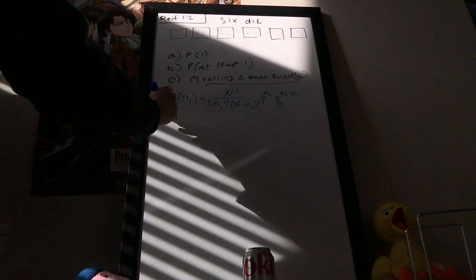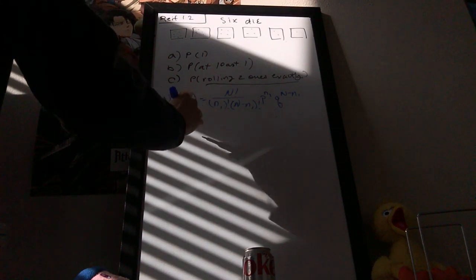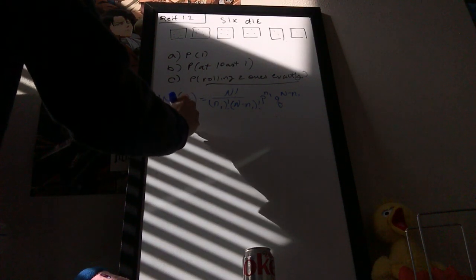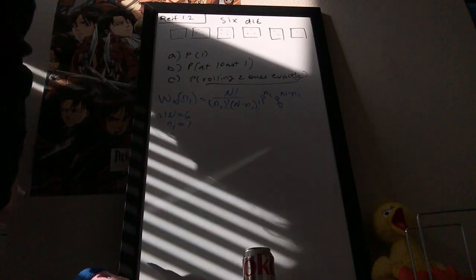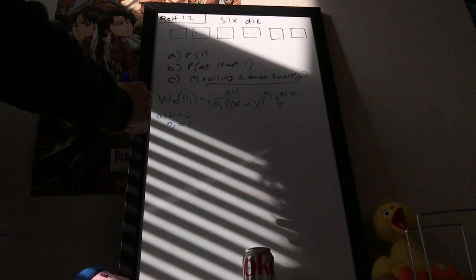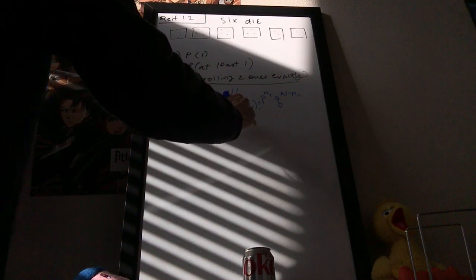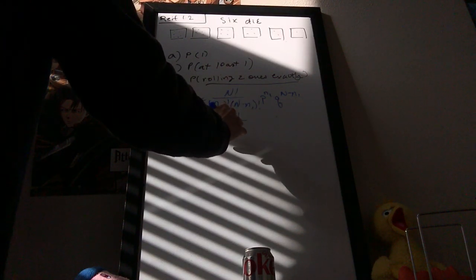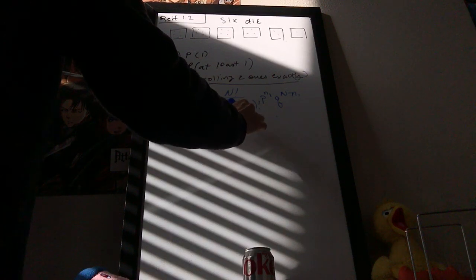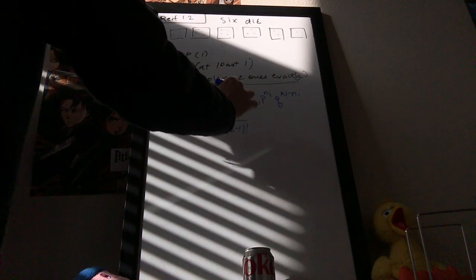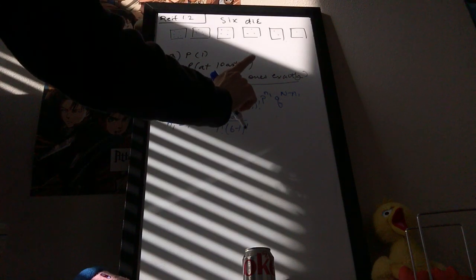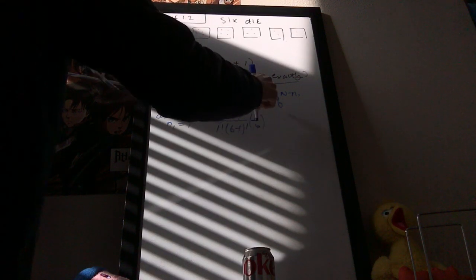So in our case, for part A, we have n is equal to 6, that's pretty much evident. n1 is equal to, well, 1, because we're only interested in one single ace. So we plug this into our distribution, and what we get is 6 factorial divided by 1 factorial, 6 minus 1 factorial, times the probability of rolling one of these guys, which is going to be 1 out of 6, exactly. So we have 1 over 6, my bad, to the power of 1, times 5/6,